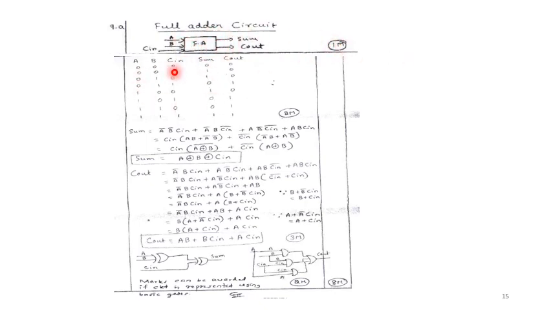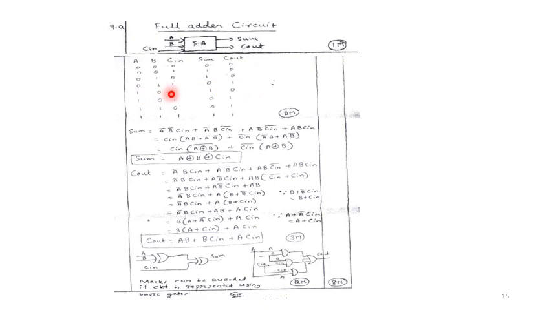Then write the truth table. The truth table with a 3 input combination means 2 to the power 3, 8 combinations here. So 0, 0, 0 to 1, 1, 1. Write down the sum and C out, carry out. So combination 0, 0, 0, we'll get 0, 0, 0, 0, 1, 1, 0, 0, 1, 0, 1, 0, 0, 1, 1, 0, 1 again.